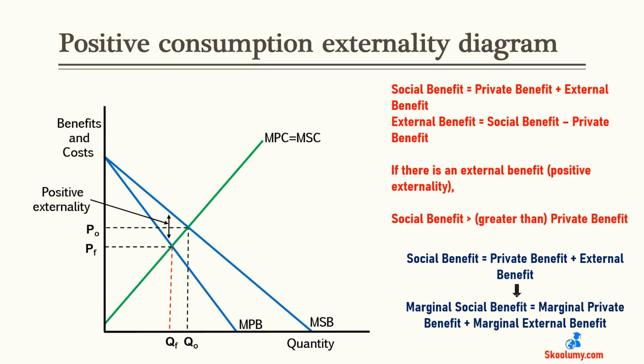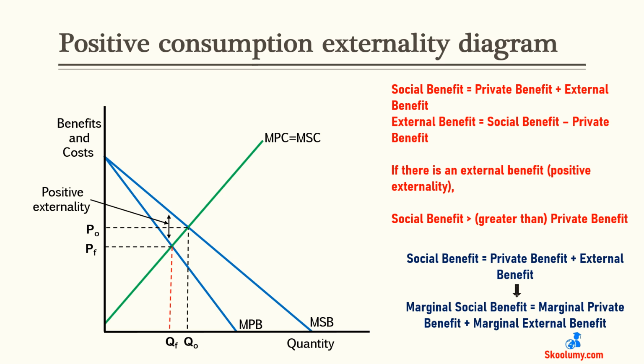Note that we just need to add marginal to have marginal social benefit and marginal private benefit. Social benefit minus private benefit is external benefit. That is to say, external benefit is the difference between social benefit and private benefit. On the graph, the distance between the marginal social benefit curve and marginal private benefit curve represents the marginal external